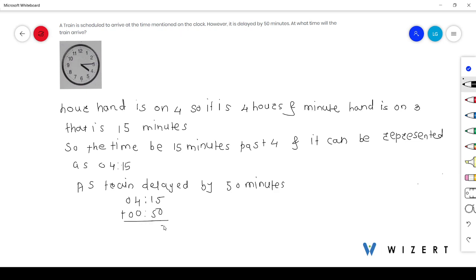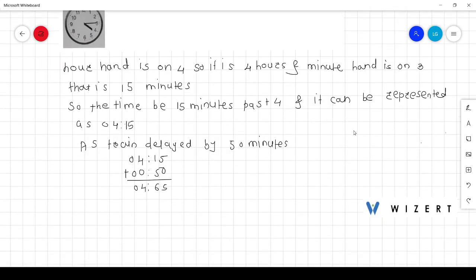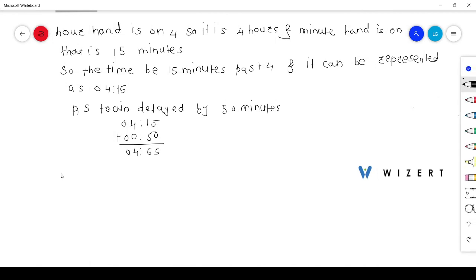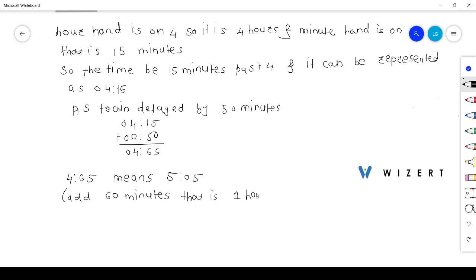So, it will be 5 plus 1 is 6, that is 4:65. 4:65 is nothing but, if we subtract 60 minutes from the 65, then add 1 hour to 4. So, 4:65 means 5, because we add 60 minutes, that is 1 hour to 4,